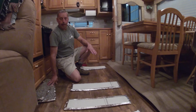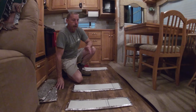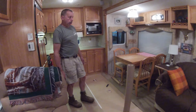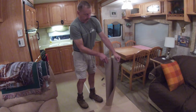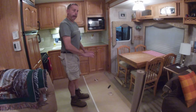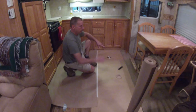It's a little bit more complicated to do than the laminate, because you've got one sheet and you've got to get that thing in here and get it cut. So here I'm going to show you next how we did it, a fairly simple way. Okay, what I did, go to your home improvement store and get a roll of this paper. It's almost like a paper bag material. So once I had the old flooring taken out, the carpet, the vinyl, all the nails, the floor was nice and clean, no rough spots, I laid this paper down from one end to the other